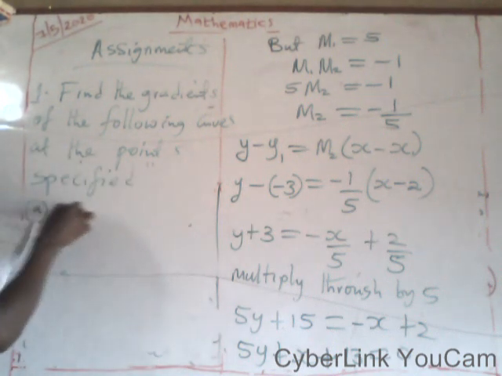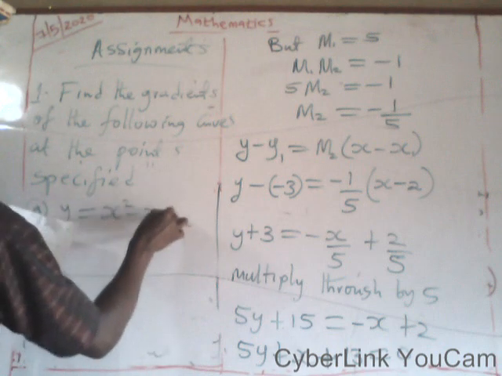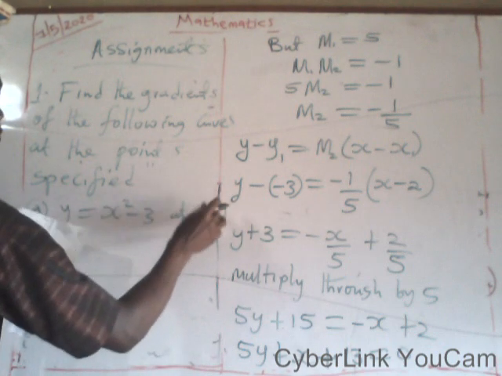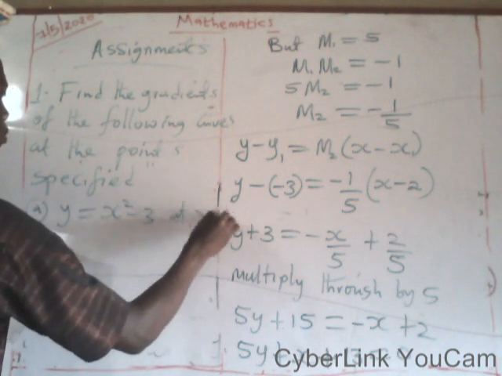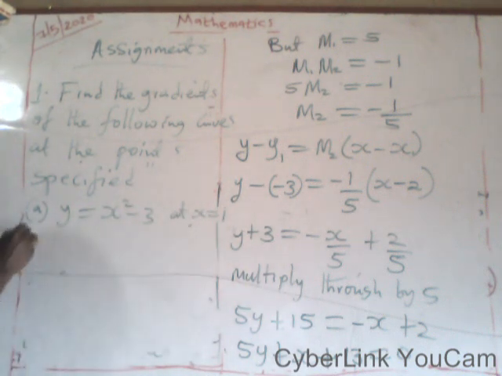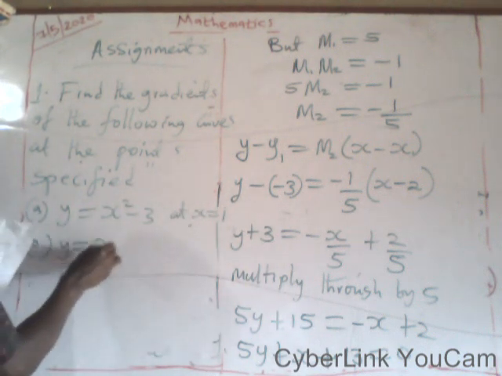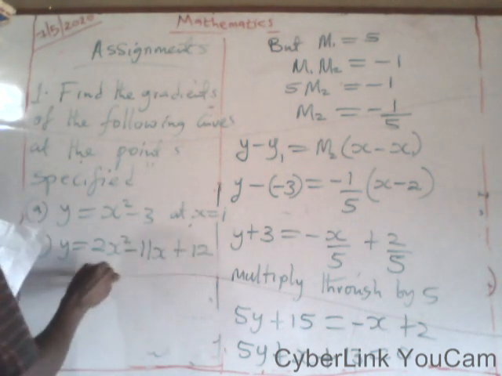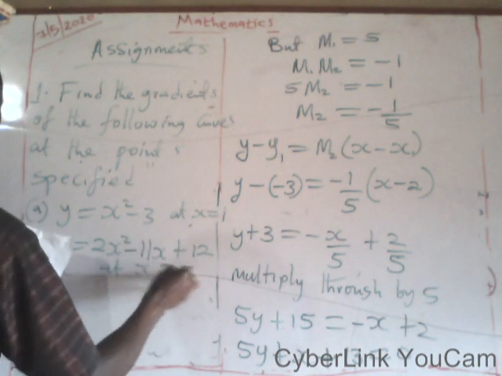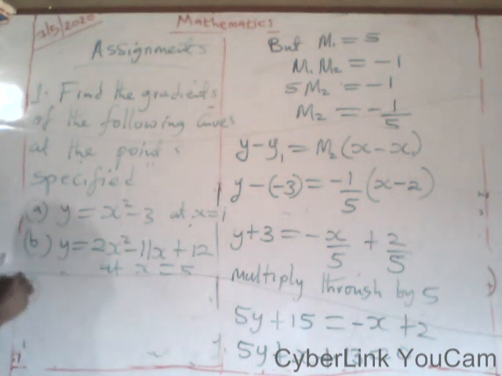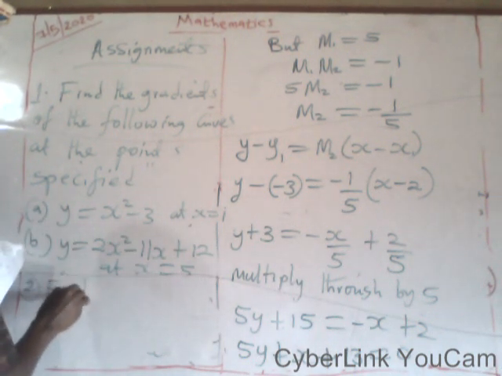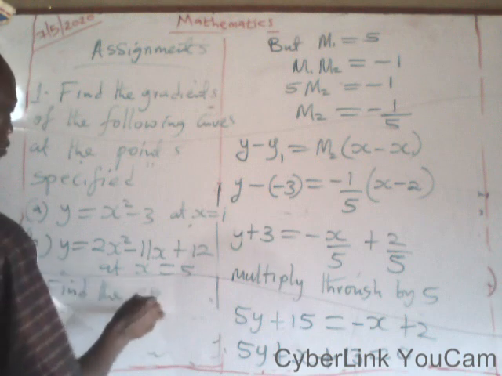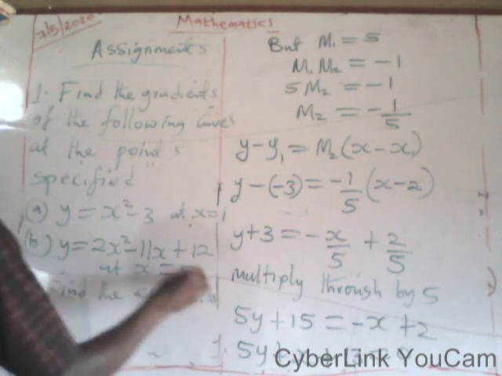A, y is equal to x squared minus 3 at x equal to 1. B, y is equal to 2x squared minus 11x plus 12 at x equal to 5. Then question 2 says, find the equation